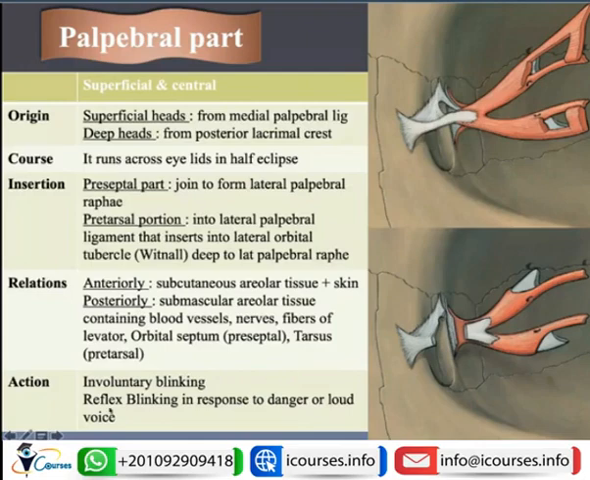So what will be the action of the palpebral part of the orbicularis oculi? It is responsible for the infrequent blinking, or involuntary blinking. So the blinking that you do all day long, the soft blinking or this smooth blinking action, is the function of the palpebral part of the orbicularis oculi. Also for reflexive blinking in response to danger or loud voice. So if you do the reflex blinking, then this